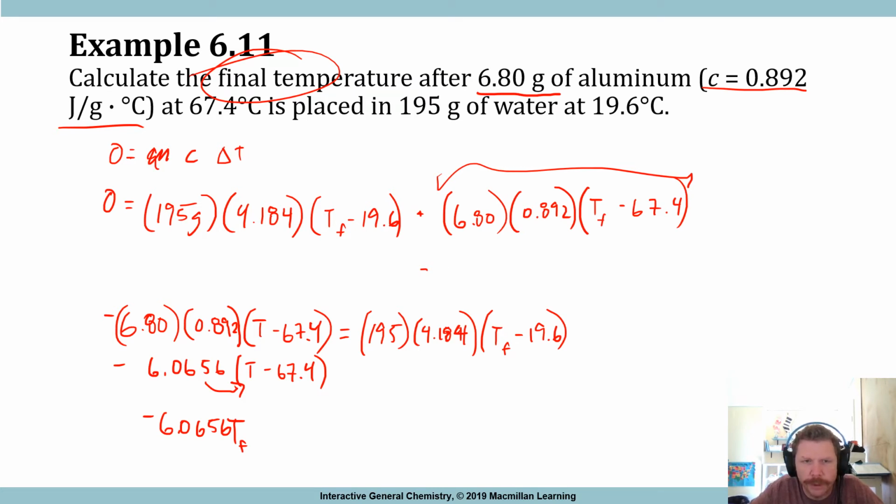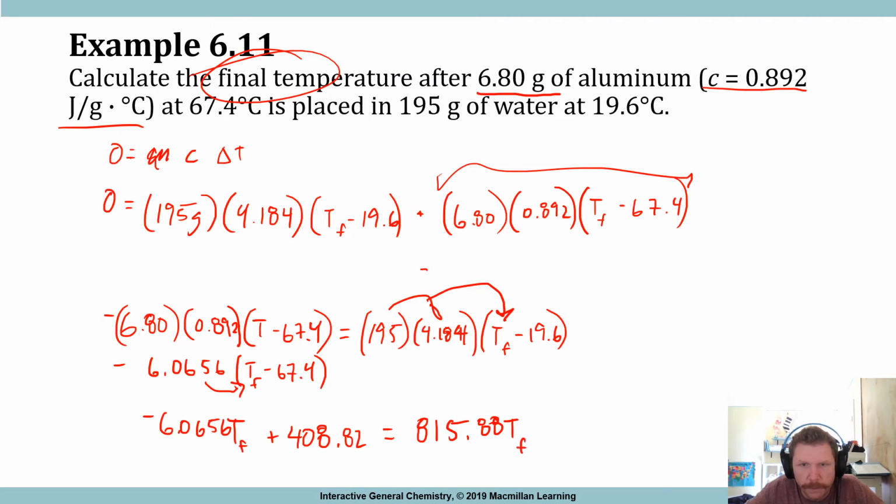So I multiplied this negative 6.0656 times T sub F. Now I'm going to multiply it by negative 67.4, and that's going to be plus, because those two negatives will cancel out, plus 408.82. That is equal to 195 times 4.184, 815.88. So I multiplied these two by one another, and now I'm multiplying that by T sub F